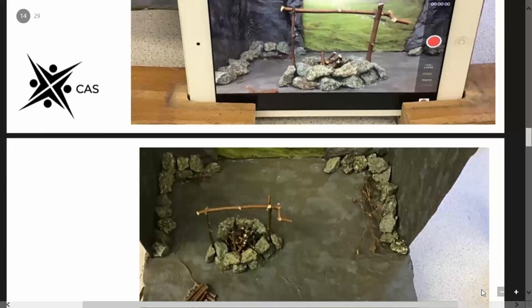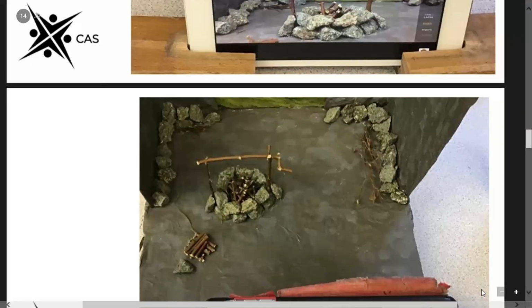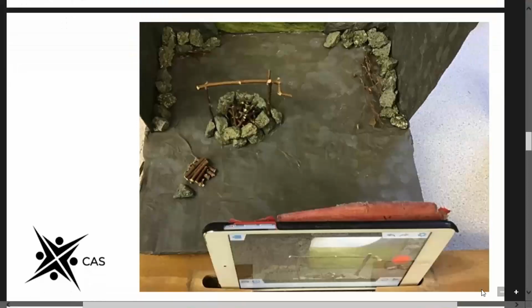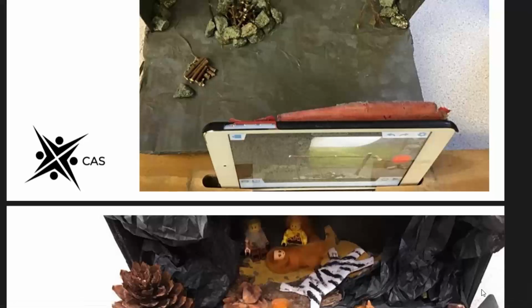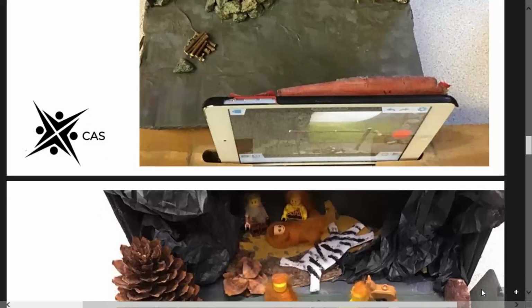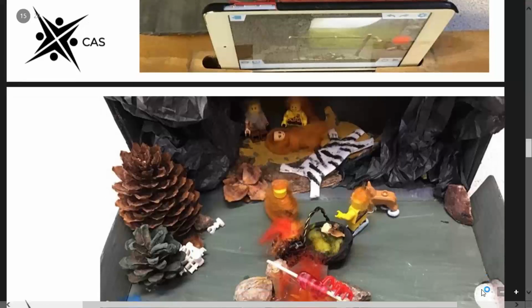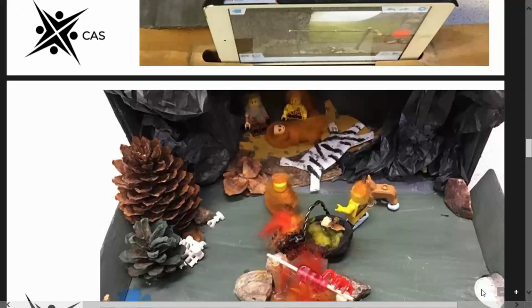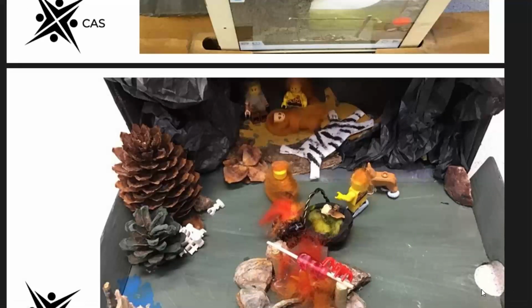Looking from the top, you can see you've even got a pile of sticks there. And then you would introduce your characters. Now this was a group of, I think it was 5 children. So they got Lego figures and they made some beards and hairstyles, and they even got a skeleton out of the Lego pack,